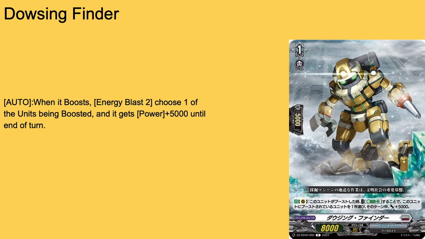First up today, we have Dowsing Finder, Grade 0, boost, 5k shield, 8k base. Auto: win and boost, Energy Blast 2, choose one of your units being boosted, and it gets 5,000 power for the turn. Okay, I know they're not going to do this, and I know every reason why they're not going to do this, but I really wish they gave us like any per nation one generic card that just so happened